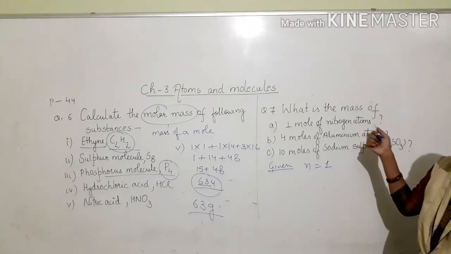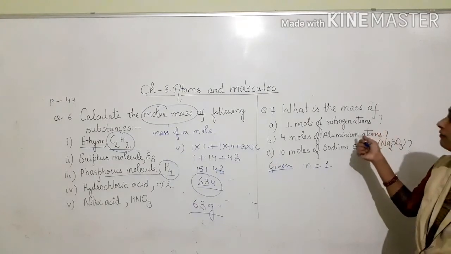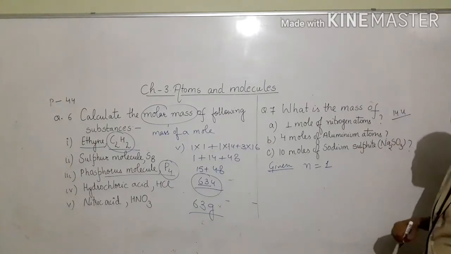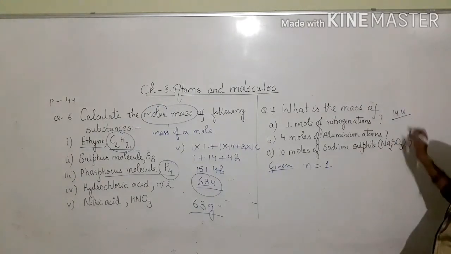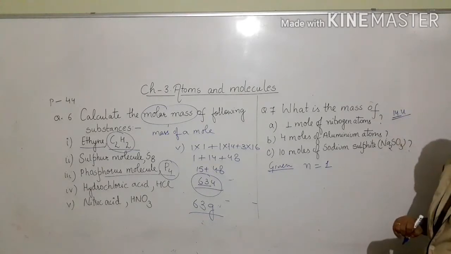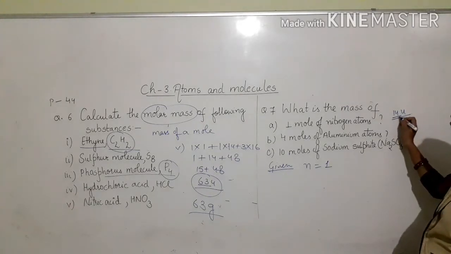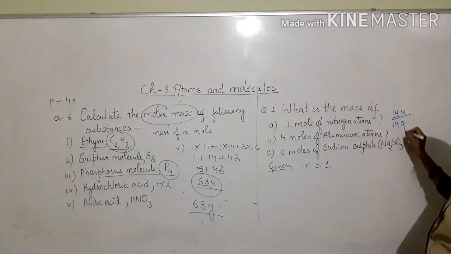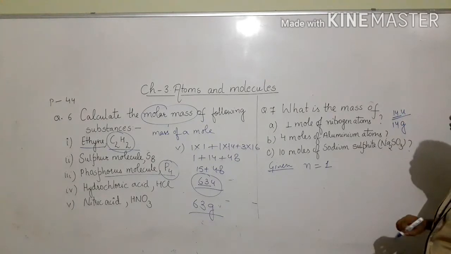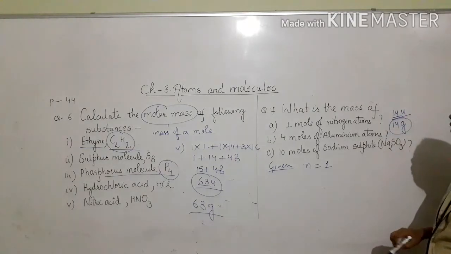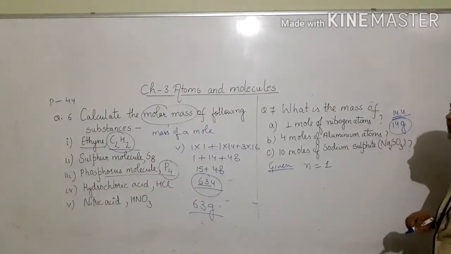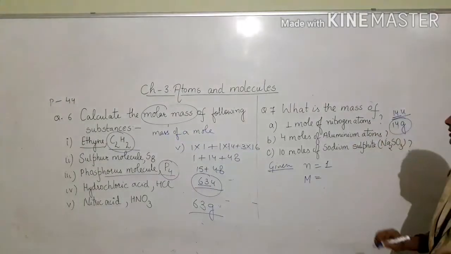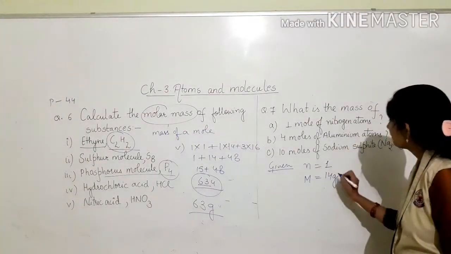So, first of all, we will calculate its atomic mass. One nitrogen atom has 14 U mass. So, it has numerical value 14. Same numerical value will be of its molar mass, that is 14. In place of U, we will write G. So, what is the molar mass of nitrogen atoms? It is 14 gram. Molar mass denoted with capital M is equal to 14 gram.